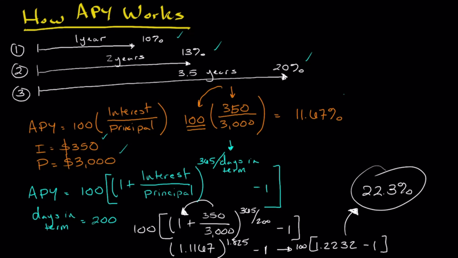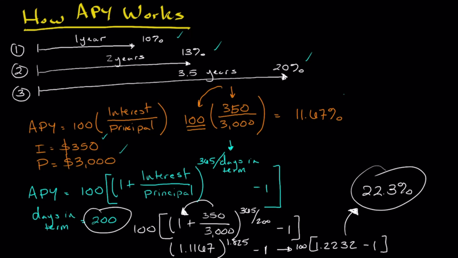So now, comparing the two options here, you can see how expressing this in an annual percentage yield gives us more valuable information, because we can compare this investment to other investments now that they're expressed in the same duration of time. They've had the same amount of time to earn, and that's really how you should evaluate investments, not on the total return, because then it becomes very difficult to compare various investment options. But that same $350 invested this time for 200 days, not 365 days, is in annual terms